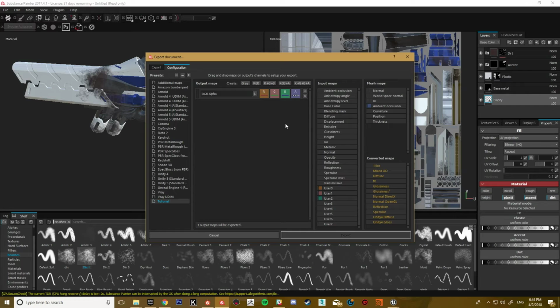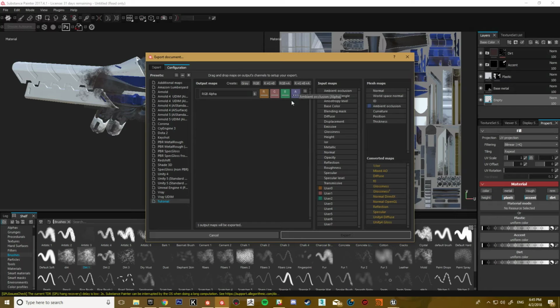But as I said earlier, I haven't actually got a baked ambient occlusion at the moment, and I think I just did that wrong. I think what you can do is you use grey channel, yeah. So it's not a major thing. I think it would work either way, but if you drag that across into it as a grey channel, then it'll fill those slots. So we've got our ambient occlusion in